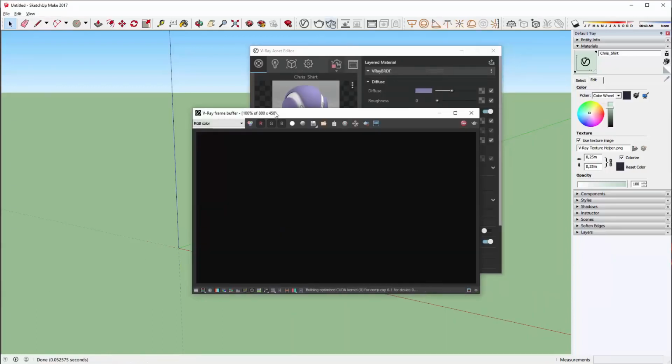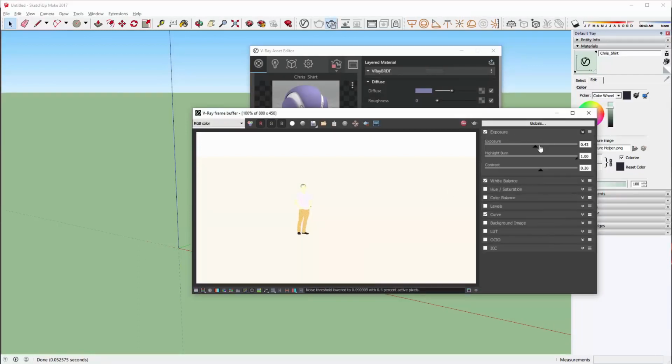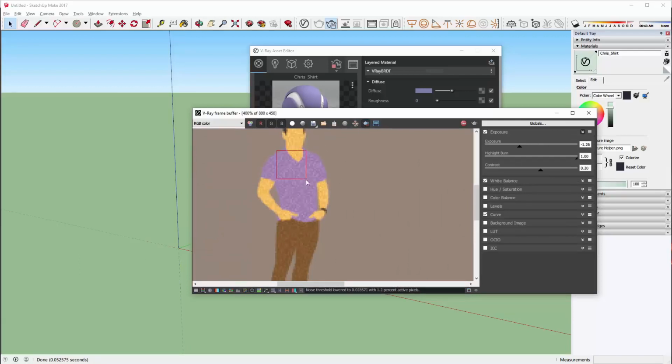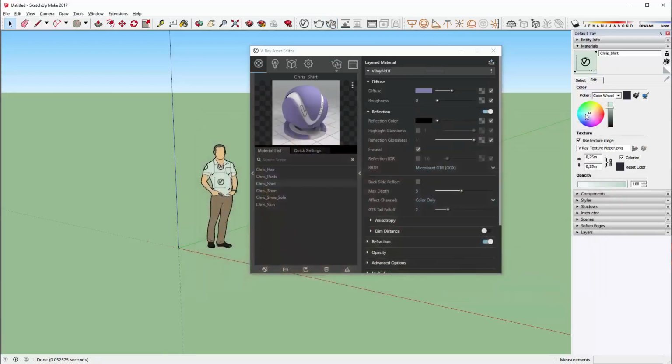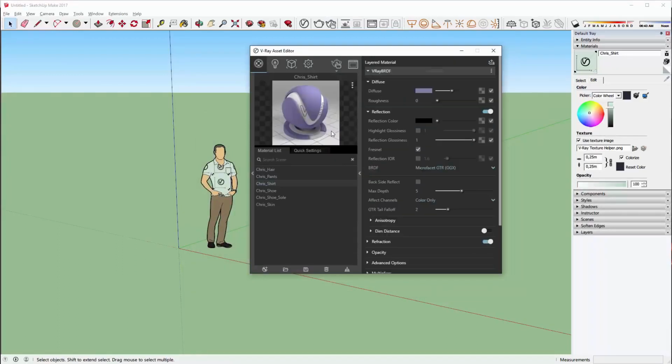And if I render here, you'll see that the Texture Helper is only used for display purposes. So if I lower the exposure here, we'll be able to see that we actually are using the diffuse color that's in the material. So we can't see the Texture Helper here. And it was too bright because we increased the multiplier to 5. So we have completely rearranged the material, so go through it and see what else we have changed. I think that you're going to like it better this way.